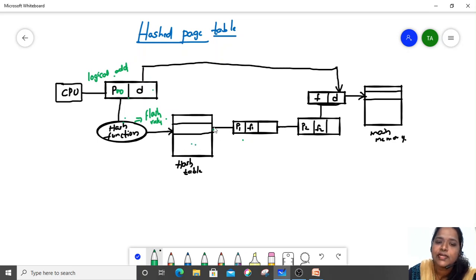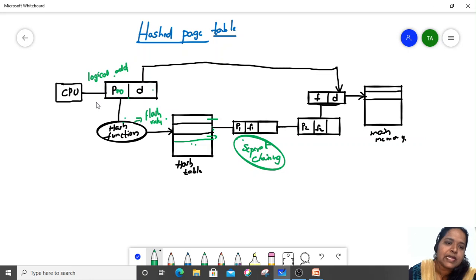Each location contains a linked list in order to handle the collisions. How are we going to handle the collisions? By making use of the separate chaining concept, we eliminate the collisions. We employ these linked list formats. A linked list is nothing but a collection of elements or nodes.